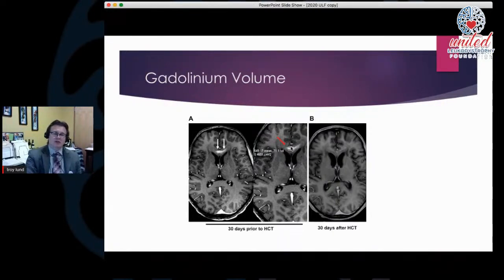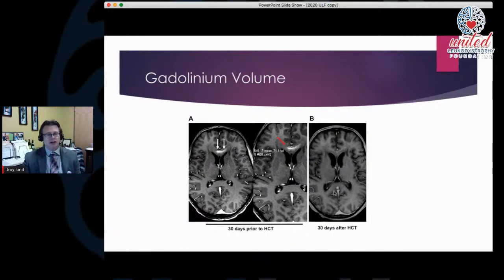And as many of you know, the MRI is done in slices through the brain. So all the images stack on top of each other. And if you do this on the upper images and the lower images, you can actually compute a volume of gadolinium, because the brain and the gadolinium are not just in 2 dimensions, they're in 3 dimensions. And so this is what we did: we circumscribed all the gadolinium signal on all the MRIs of all of these patients in all of the cuts. And then we calculated the volume of that enhancement, and that generated a number, generally in cubic centimeters.